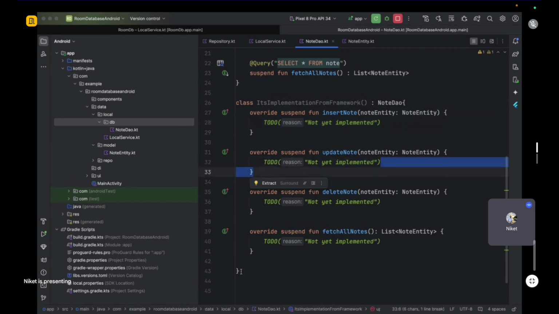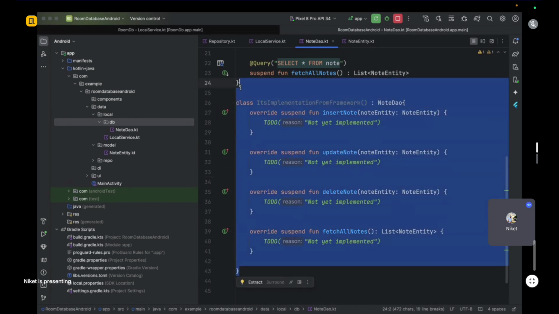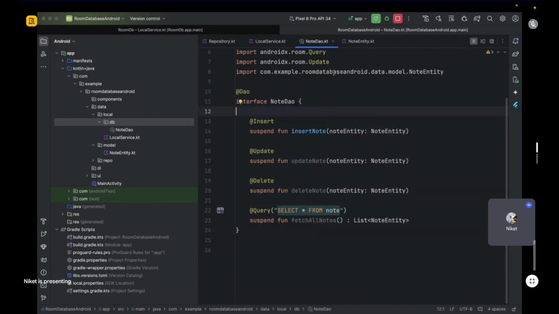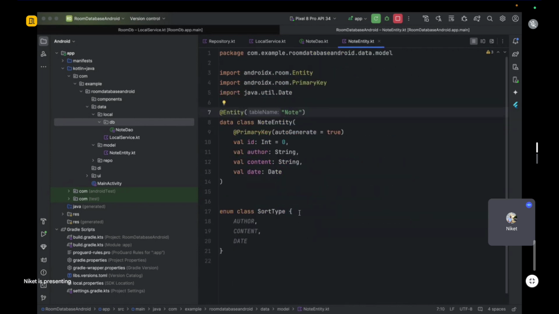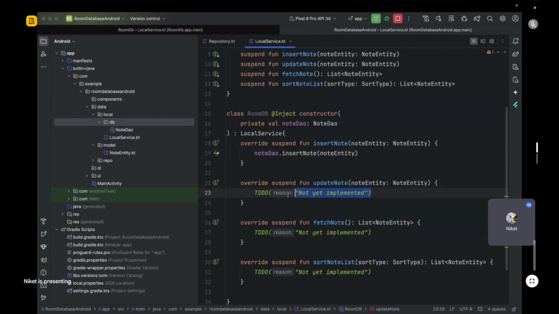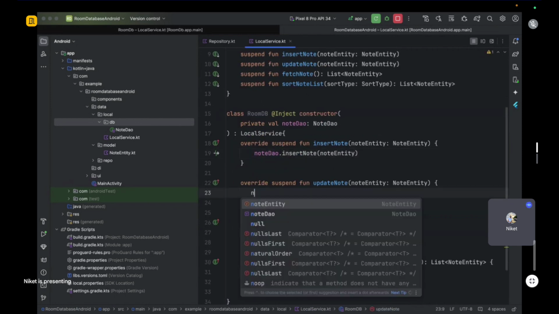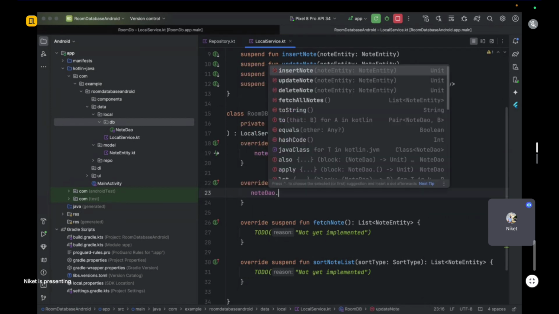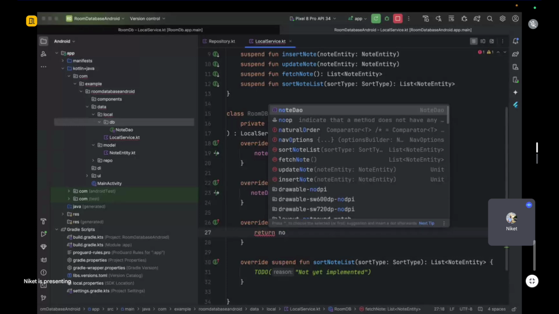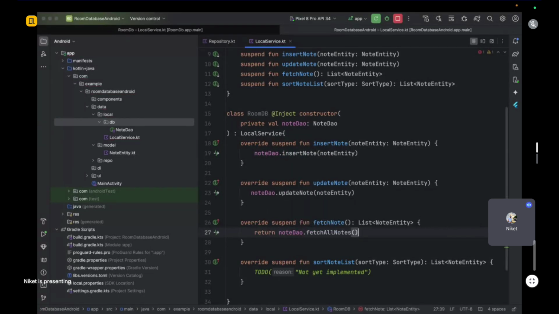सो वी डोंट हैव टू डू दैट, वी जस्ट हैव टू talk to the interface, okay, and the implementation will be done by the Room framework, okay. So we just need to do this, tell the DAO that I wanted to update things. Okay, note and this. If I wanted to fetch, it will be note DAO dot fetch notes. Okay,